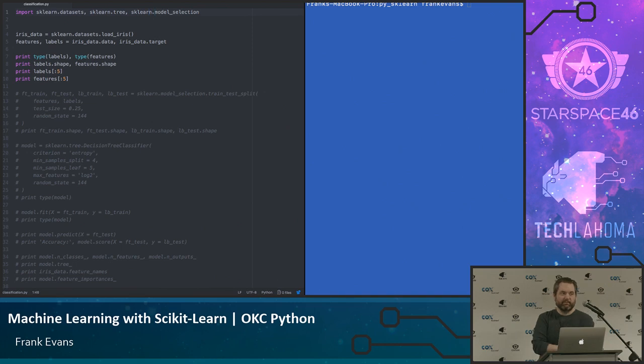Model selection, so we're going to play with some of the meta functionality. We'll get to that in a minute. But for the moment, all I really need is these data sets. In fact, I can do one of these things. There we go. I'm going to be loading the iris data set, and then we're going to look at a little bit of it and see what it looks like.